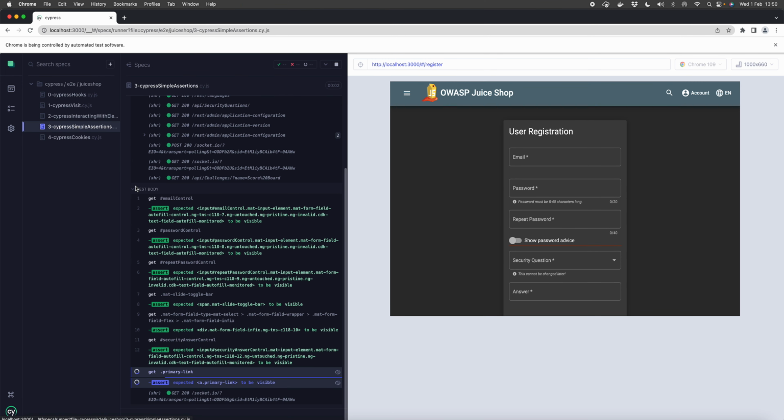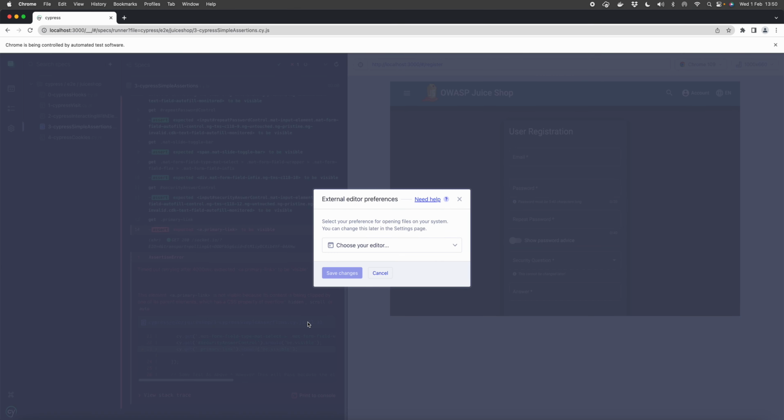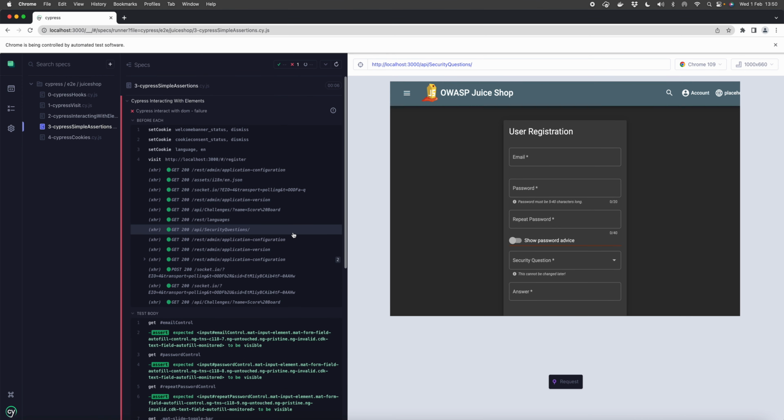So I've got a test that is expected to fail, and here you can see that the test failed, and it's given us a link to open within our external editor. So if I select that link, again you've got your options for choosing your external editor. I'm going to close that for now, and I'm just going to scroll to the top of our test run,